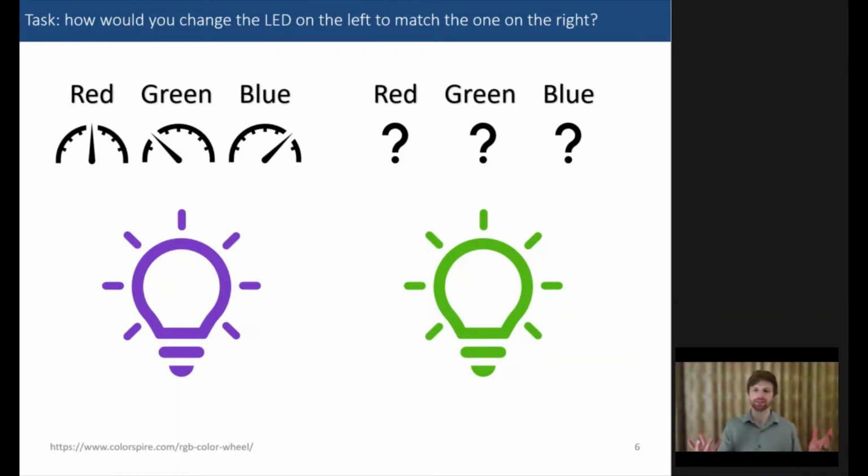So you've got these two LEDs, these red, green, blue, or RGB LEDs. On the left, you have this sort of purplish one, and on the right, you have this kind of pukish green one. And if you wanted to change the individual red, green, blue values on the left to match the color that our eyes see on the right, what would you do? If you had these knobs in front of you, you might just start turning them, and once you start getting something that looks a little bit green, you'll say, oh, okay, let me try to fine tune there. It's a very manual process, not necessarily reproducible,